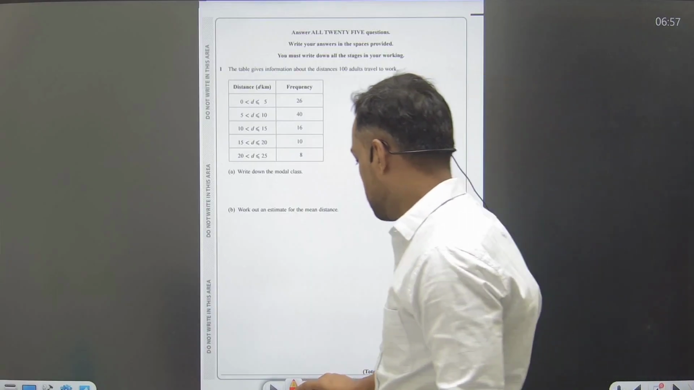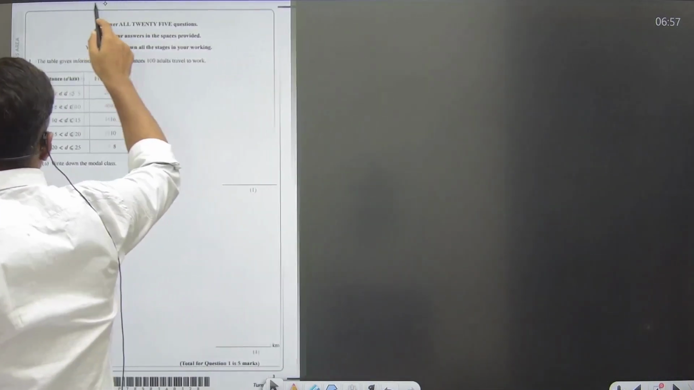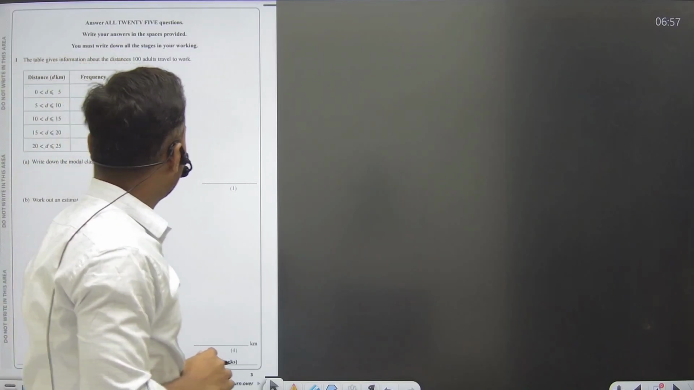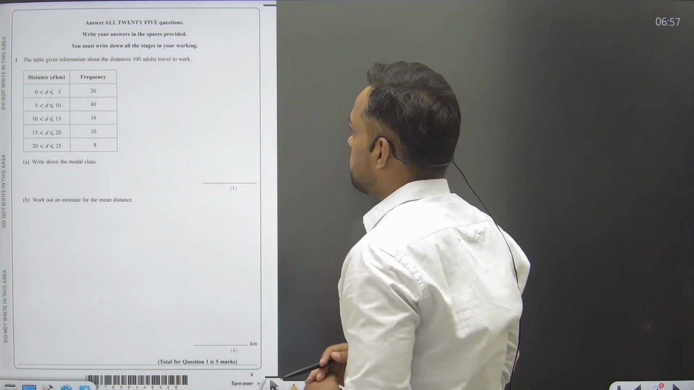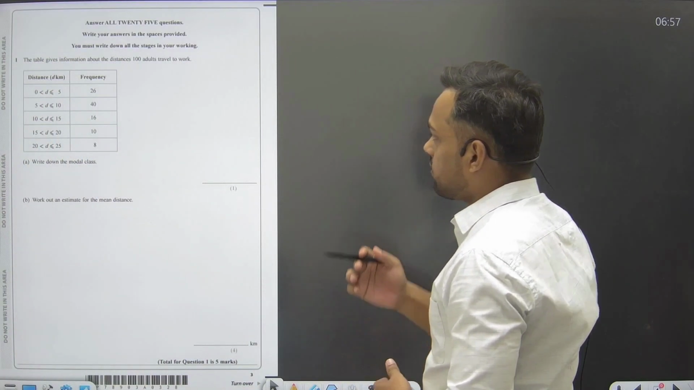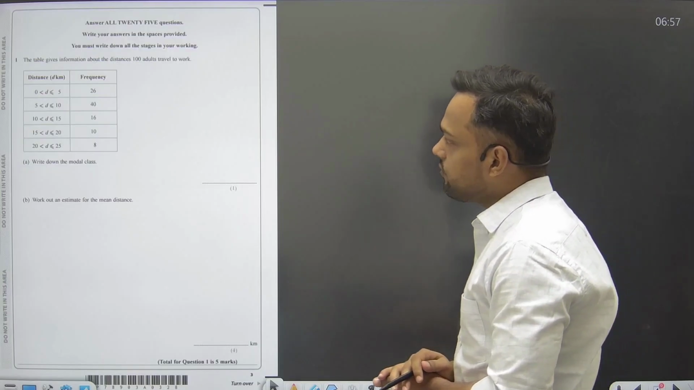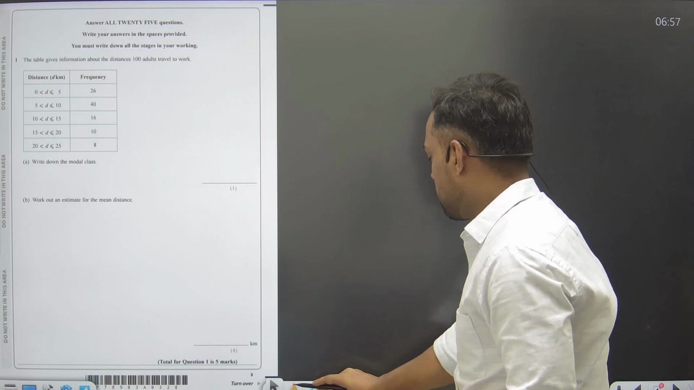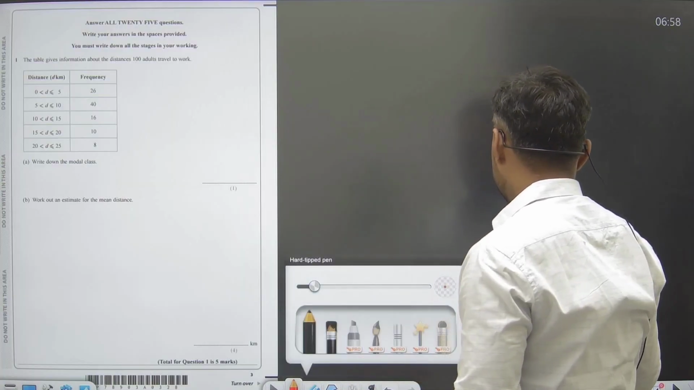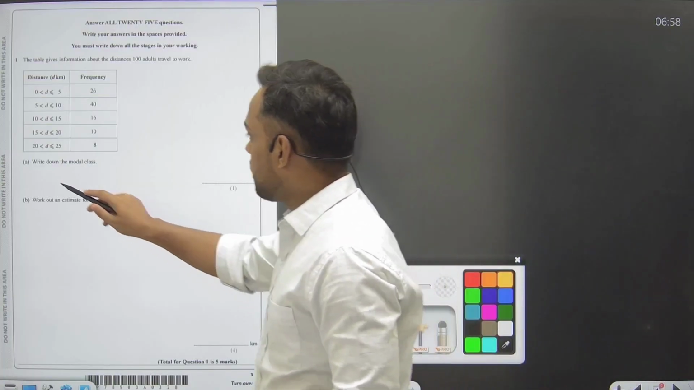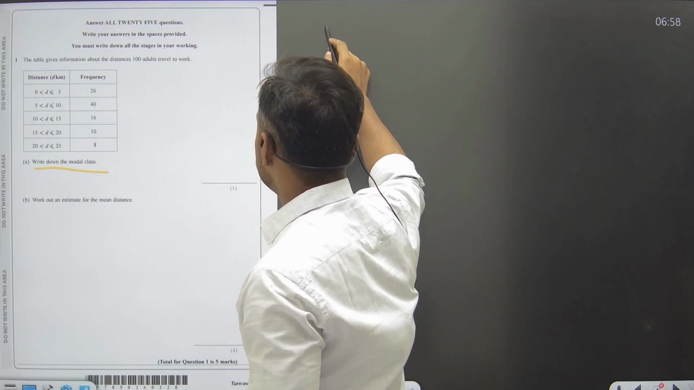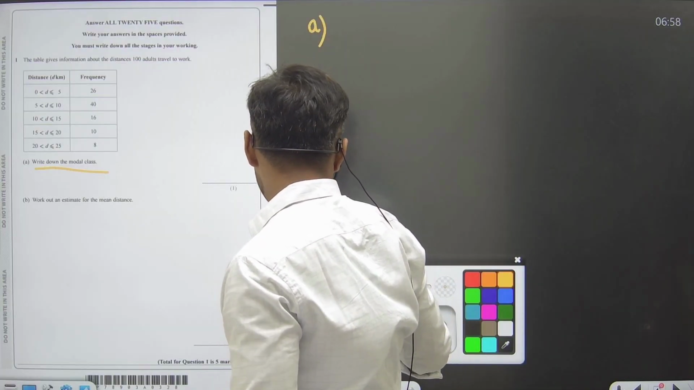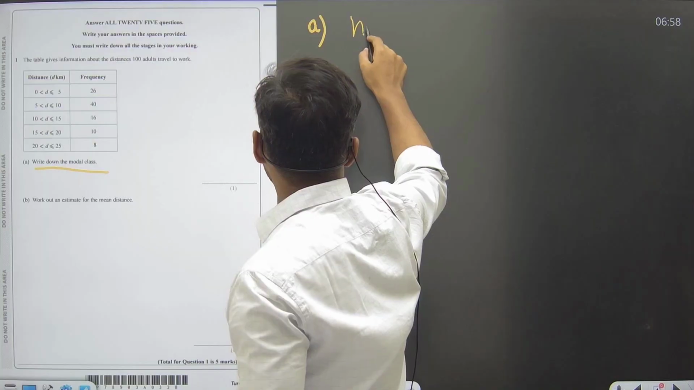Okay, so let's start. This is our first question, student. The table gives information about the distances 100 adults travel to work. Distance is given, frequency is given, and we need to write down the modal class. See, for writing down the modal class, part A,